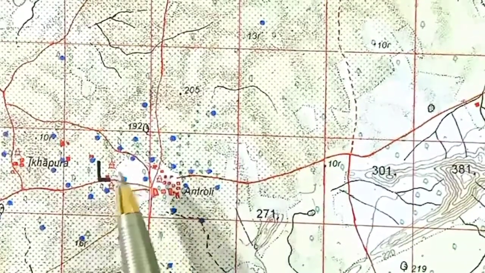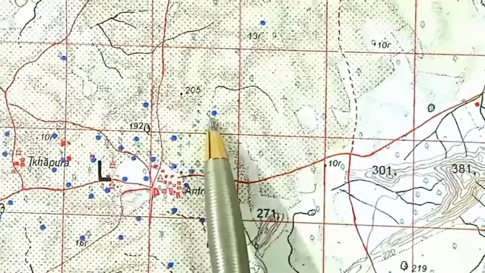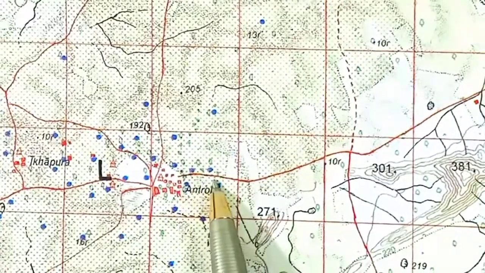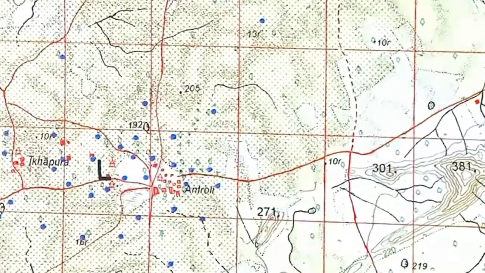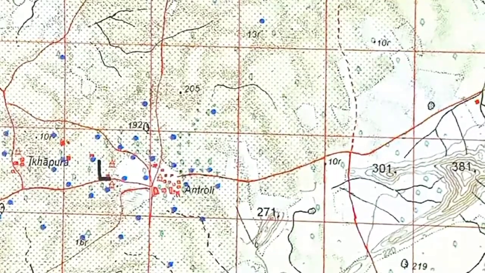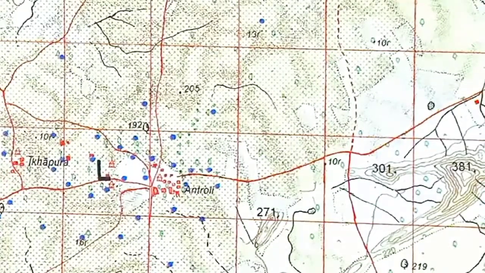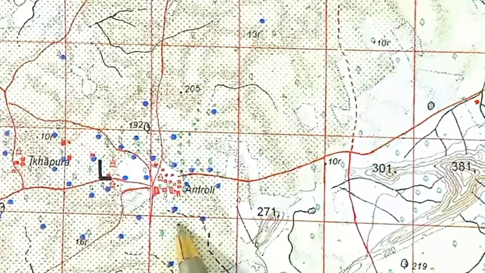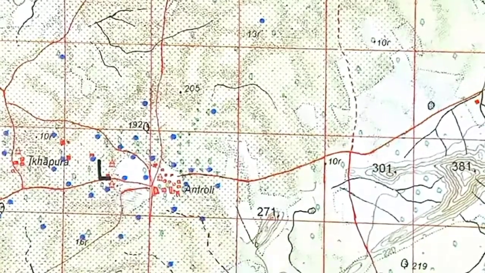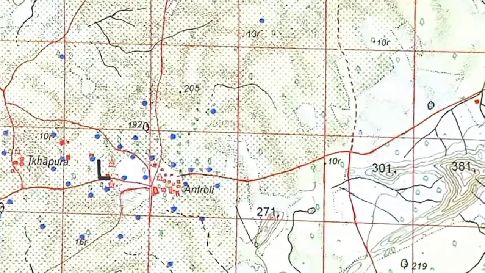Here we can see the wells. You can see the blue dots. They indicate the perennial wells. Well is a very important mode or means of irrigation in areas with seasonal rainfall. So, well irrigation is very popular in areas which we are learning, that is part of Gujarat and Rajasthan. And these are the pictures or the symbols, conventional symbols of perennial wells. Means these wells are filled with water throughout the year and is used for providing water to the agricultural area during dry season.